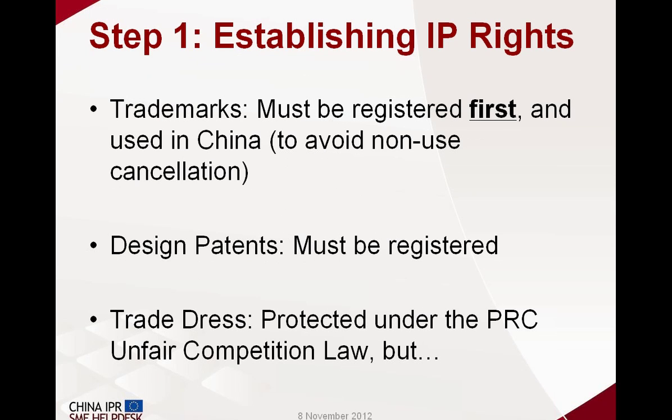Indeed, I went directly to trademarks. Maybe a step back, we're talking about different kinds of intellectual property rights. On this slide, I've determined, based also on discussions with other companies in the toy industry, that probably the most important intellectual property rights for you are trademarks, design patents, and what we call trade dress. Basically, this is the packaging, or what makes something look like your product without actually using, for example, a trademark. When it comes to these IP rights, trademarks, definitely you need to register them.